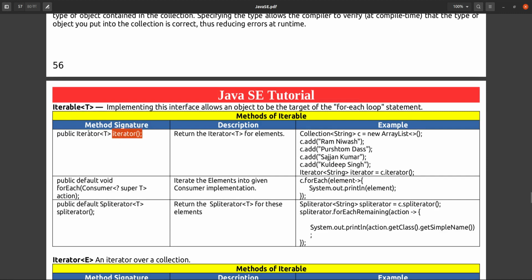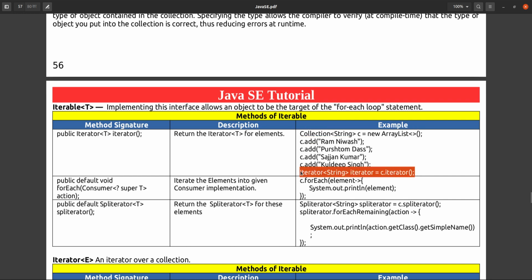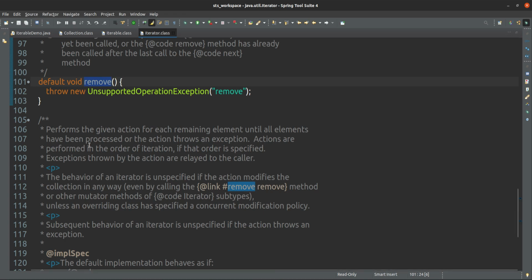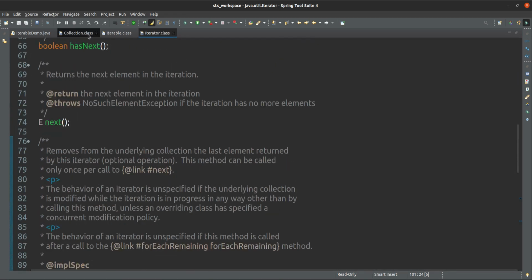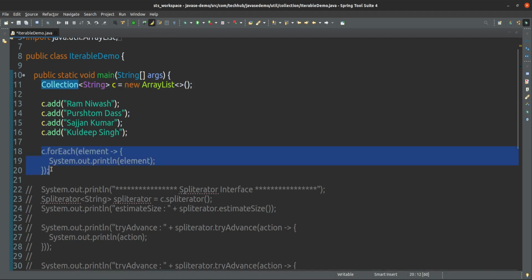One is iterator, that returns an iterator for these elements. Suppose this is the example. Suppose in this collection we have added these 4 elements and we have used getIterator. And another one is forEach, that we have used already. This one is forEach, that is from Iterable only.